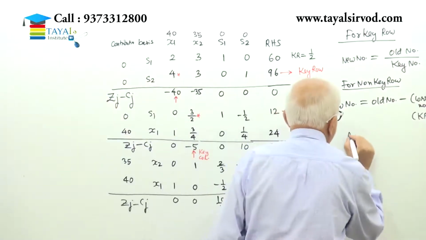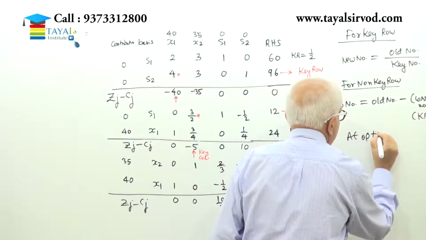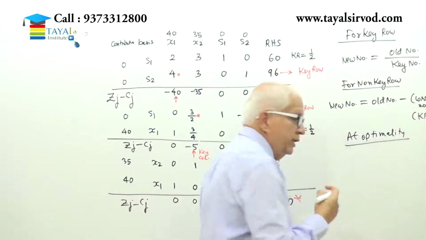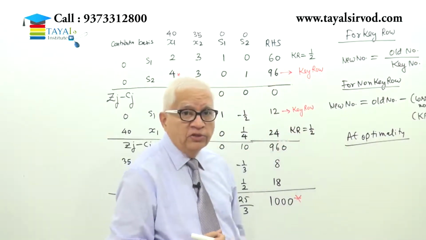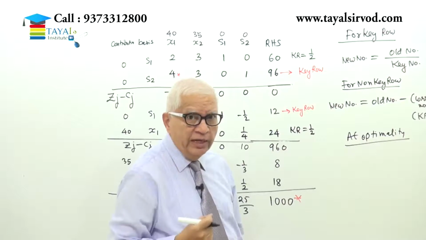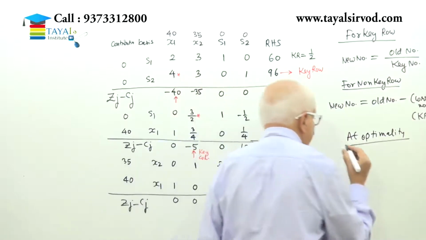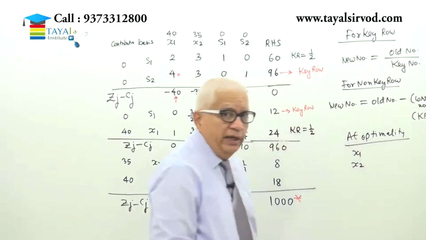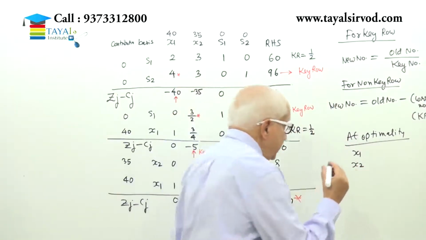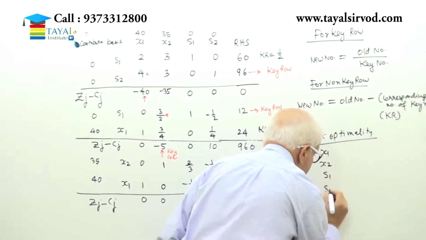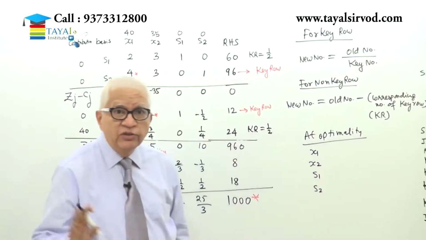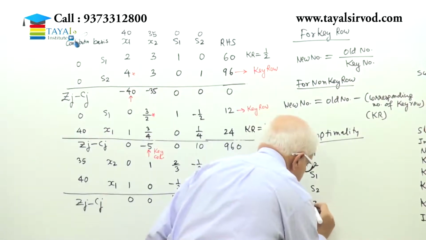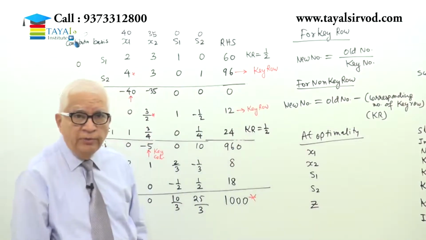So at optimality, now see, there is a little difference here between graphical method at optimality and simplex method. Here there are two new variables and their names are s1 and s2. In graphical method there were no slack variables. So I must write names of all the variables first. Firstly, the decision variables, x1 and x2. Then the slack variables s1 and s2. Write the names of all the variables, first decision followed by slack. Thereafter write zeta value and find out the values from the optimal table.